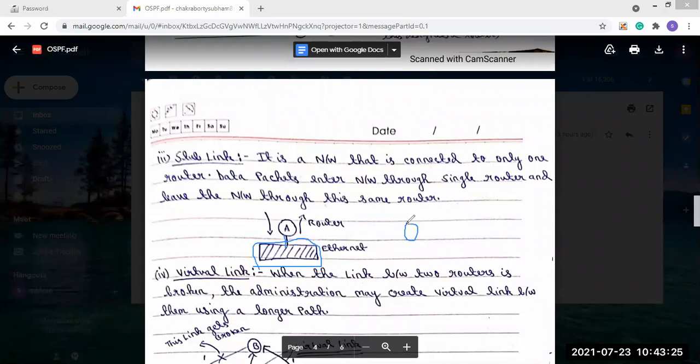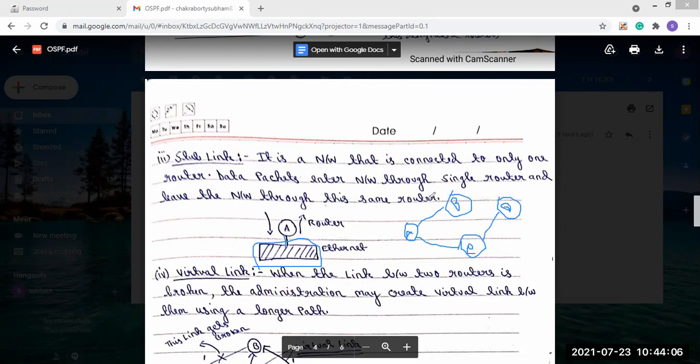Let's say this is A, this is B, this is C, and this is D. So there are connections between A and B, A and C, and C and D. Let's say these connections are present.